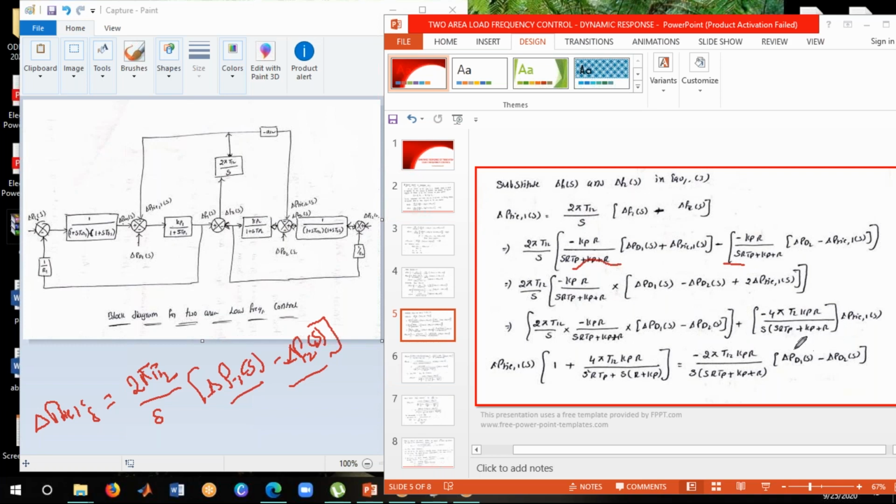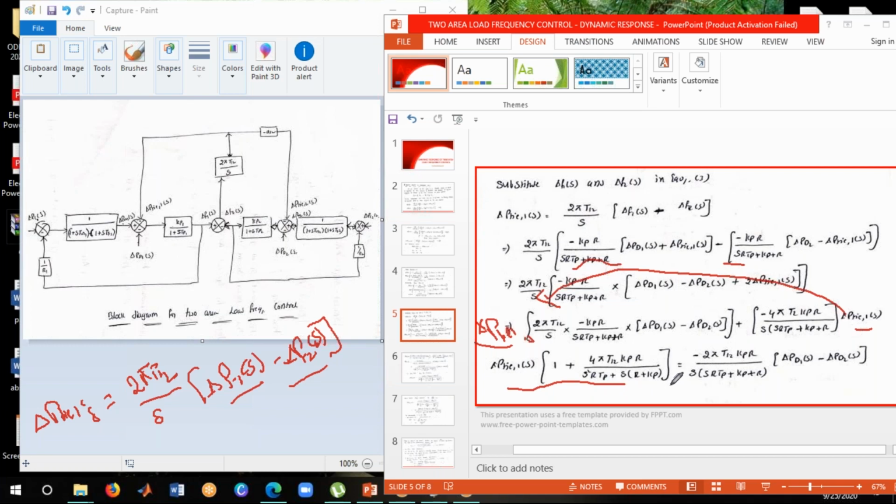Now from this equation, observe these two equations: we have the parameter delta p tie 1. So this equation equals delta p tie 1 of s. In this equation we have two terms of delta p tie 1. Now bring this to the left side, then you will get the equation like this: delta p tie 1 of s into 1 plus 4 pi t12 kp r divided by s square r tp plus s into r